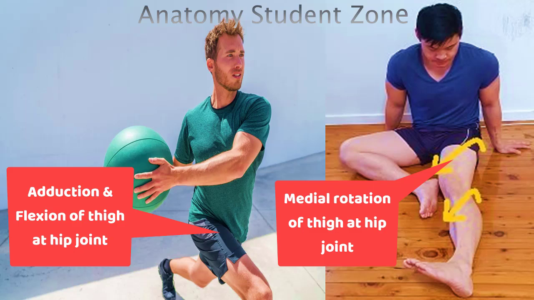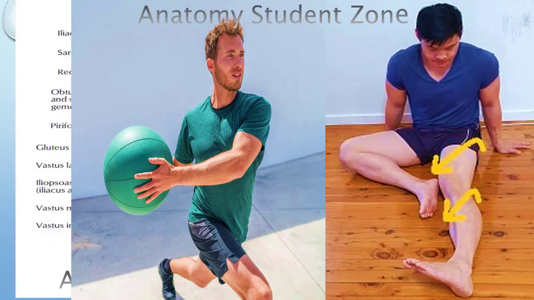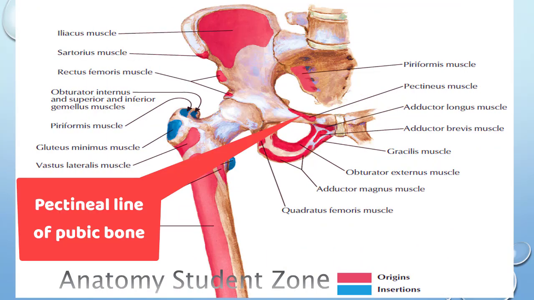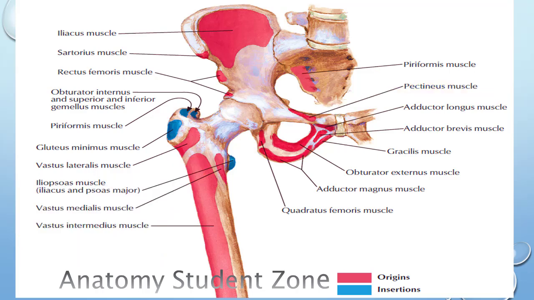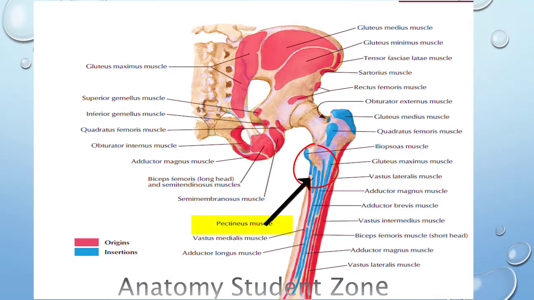As the name indicates, pectineus arises from the pectineal line of the pubic bone. This is the anterior view shown in this image. We can see pectineus arising from the superior ramus of the pubic bone. It is attached to the upper end of the femoral shaft. You can observe the attachment of this muscle on the femoral shaft when you view its posterior surface, meaning on the anterior side we can't see it. You can observe its attachment on the posterior surface of the shaft of the femur.